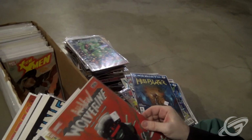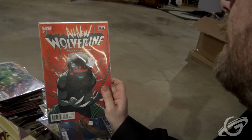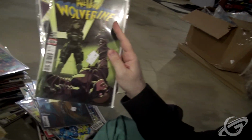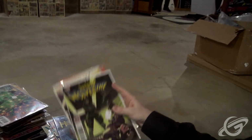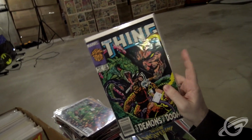All right, All-New Wolverine. This is when Wolverine... I want to say this is when Wolverine died and X-23 took over his book. All-New Wolverine. Look, she's so new. Actually, she was kind of around for a long time, but she's just, you know, being called Wolverine now. Not Wonder Woman. Wonder X-23. The Thing...